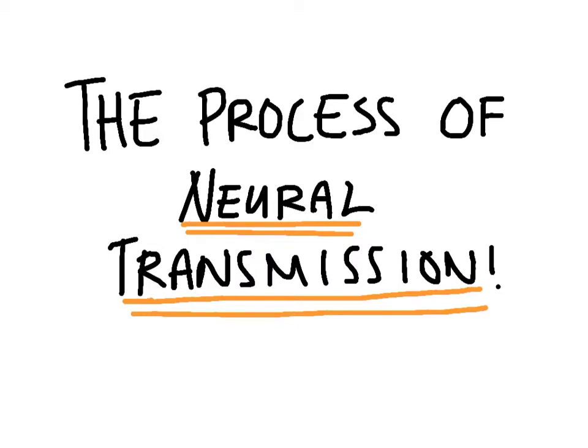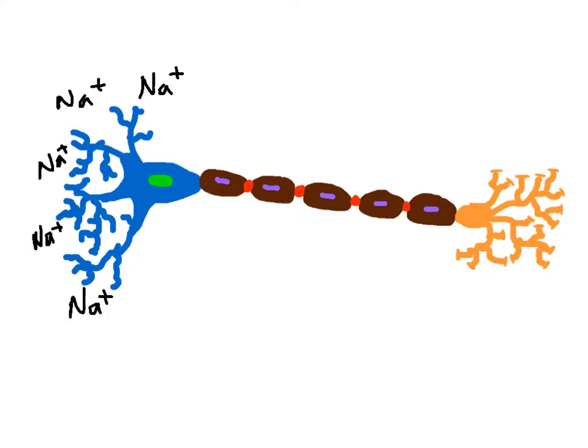In this video, I'm going to be talking about the process of neurotransmission, what it is, the different steps to it, and how it all works. Here we have a neural cell. The cell is in a state right now known as resting potential, which means that no information has come into